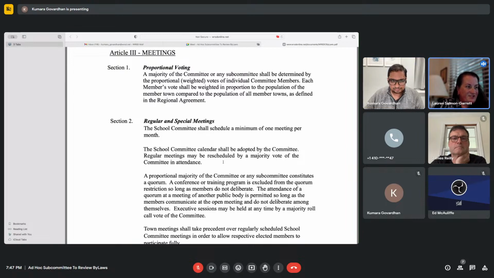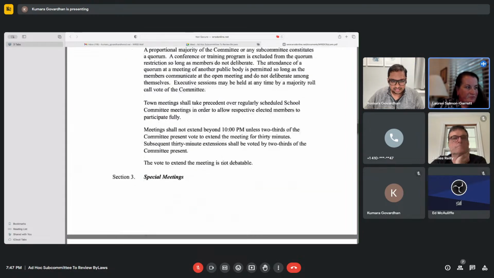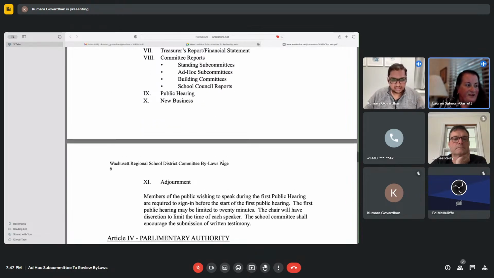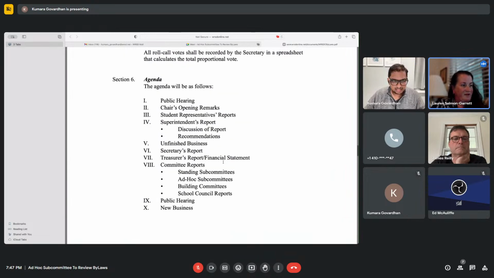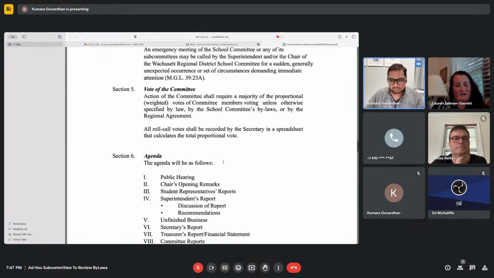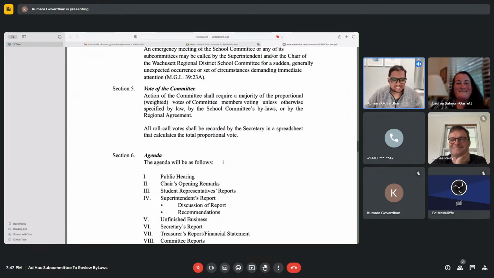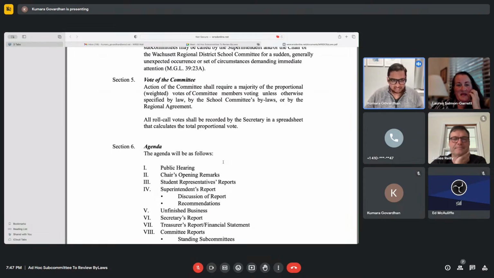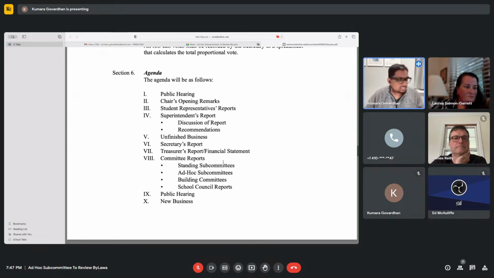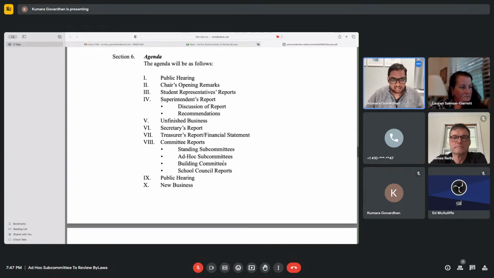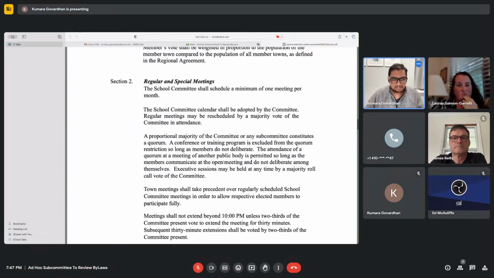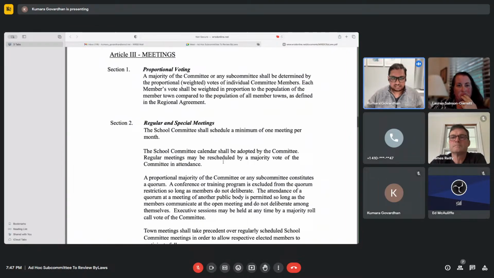I mean, do we want to just go through whichever section this is? Yeah, go through that section completely and then the agenda continues. Sorry, I don't mean to make everybody's head dizzy as I'm still sharing the screen. Right now we are in Article 3, and at the end of Article 3 is where the agenda items were. So if we go back to the beginning of Article 3, that brings us to the section called meetings.